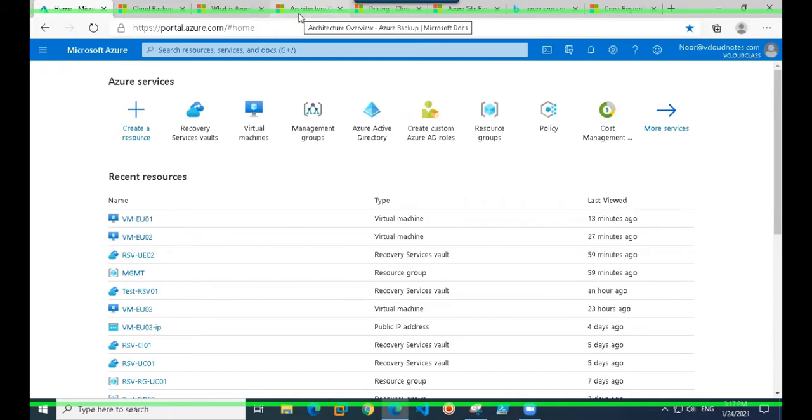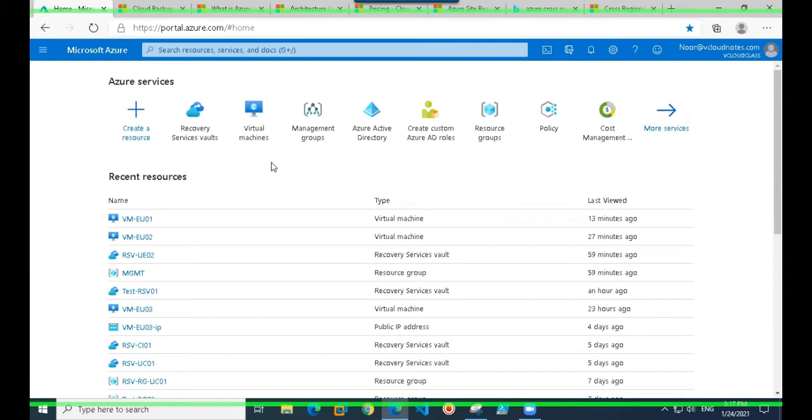Third thing, on Azure machines which are configured using a marketplace image, that extension or agent would already be there. But if you are migrating any VM from on-prem to cloud, in that case, you would be required to install that agent. Otherwise, that backup configuration would fail. So these are the things you need to keep in mind.